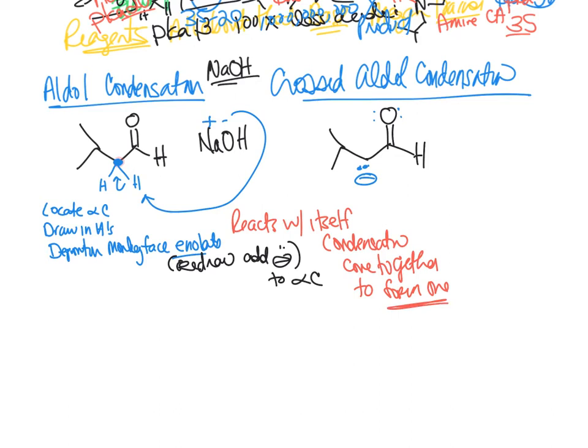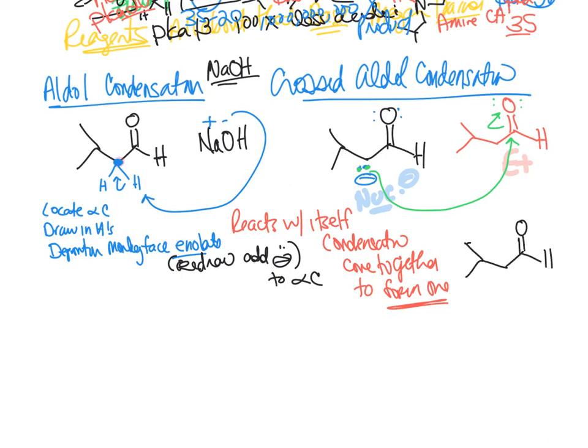And so you want to redraw the other one. So you're going to redraw this. The first one is our nucleophile, and the second one is our electrophile. What happens is the nucleophile electrons will attack the electrophile, and you get the condensation. So you want to redraw your nucleophile just the same way when you're forming product,